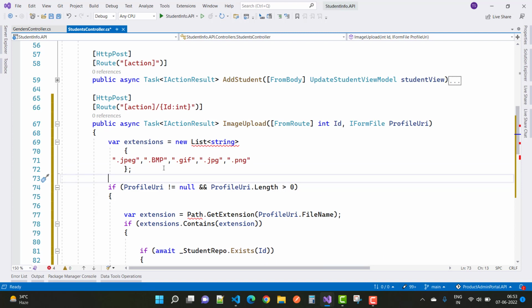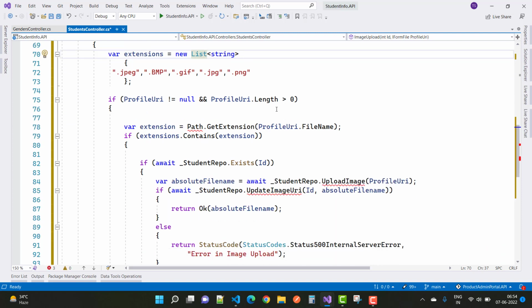And if the profile URI from the Angular is not null and the profile URI length is greater than 0, then get the extension of the file, because the file is not empty. So just get the extension by using Path.GetExtension of the profileURI.FileName. Now after getting the extension, you just get extensions.Contains extension. If the extension is similar with your jpg, bmp, gif, jpeg, png, if it is there, then just go